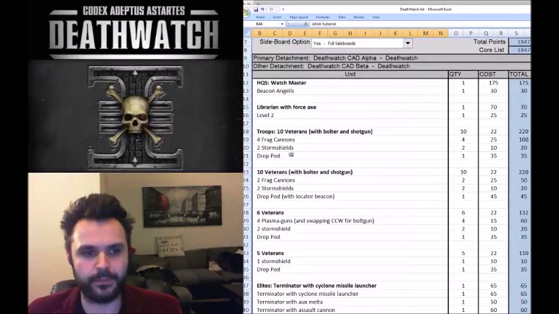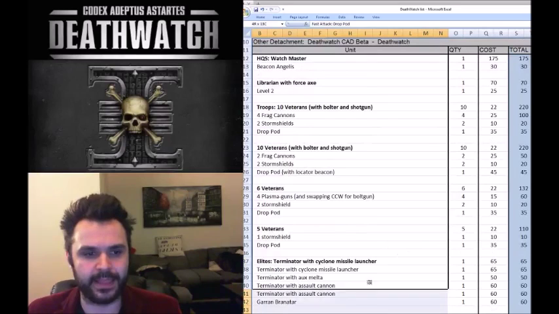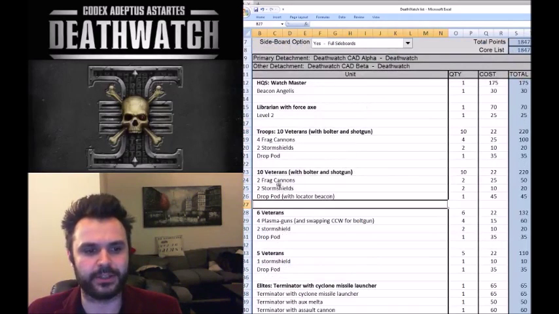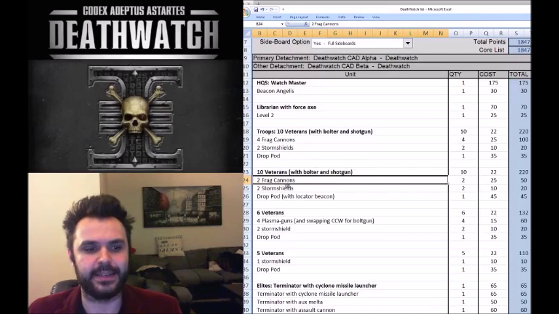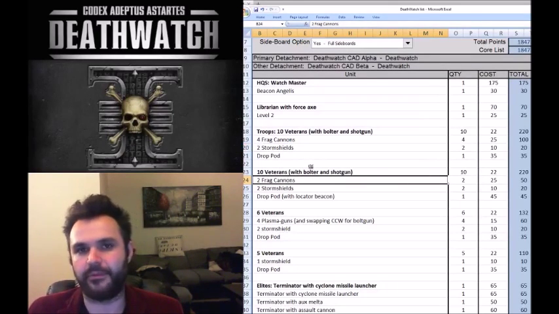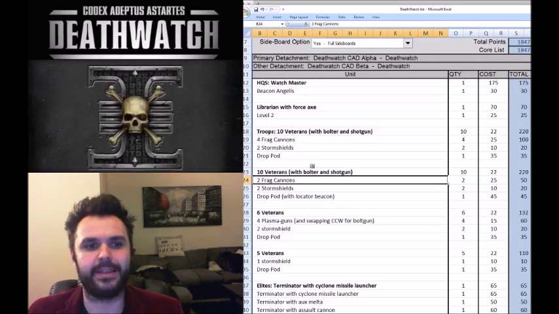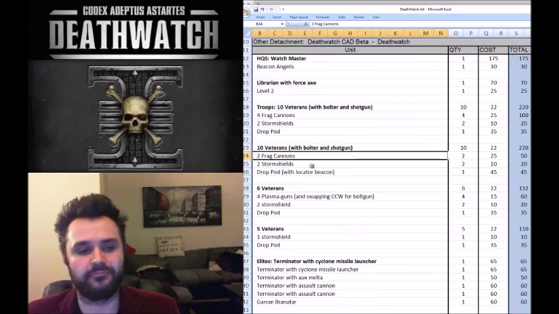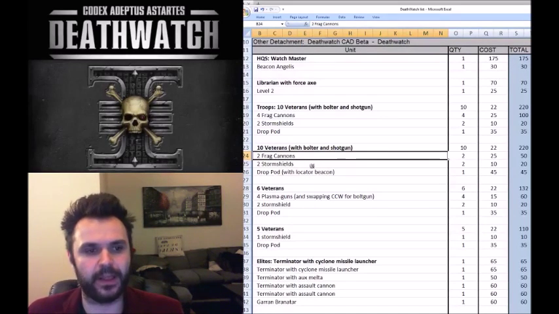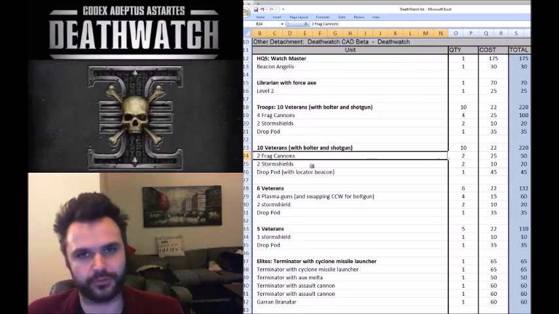So I think with the right positioning, the right strategy and target priority, the MVP in these units is not so much the frag cannons as it is just the special ammo. But the frag cannons obviously are really, really good as well. Frag cannons hitting Eldar jet bikes are going to be very powerful. Frag cannons hitting Riptides are going to be putting the wounds on as well. So I really feel like we can push through